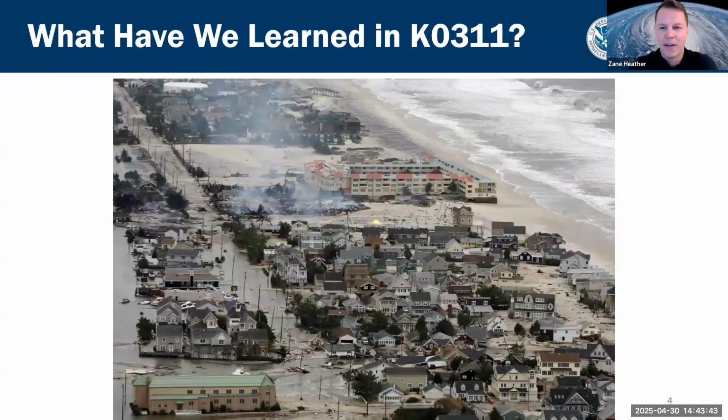So what have we learned thus far, and how does it all come together in K0311? Over the last 2 days, you've heard about hurricane climatology and meteorology. You know now, or have been refreshed on, the different hazards: storm surge, inland rain, rip currents, wind, tornadoes. You know what types of products exist out there produced by the National Weather Service through the national centers, the Hurricane Center and Weather Prediction Center, as well as the Weather Forecast Offices, as well as how uncertainty is baked into those products, where probabilistic approaches are being used, and how you can use those to make more informed decisions when there's uncertainty in the forecast or in the products themselves.